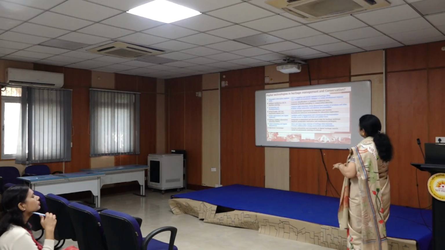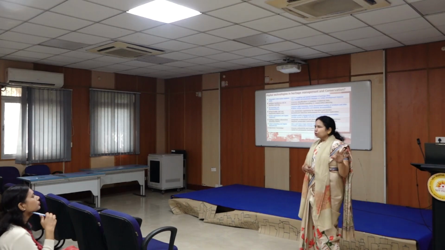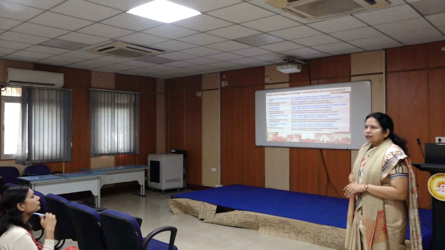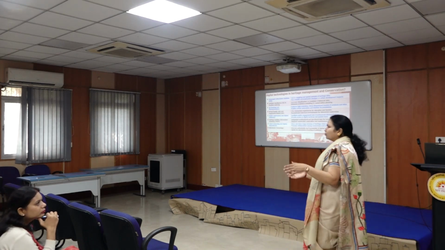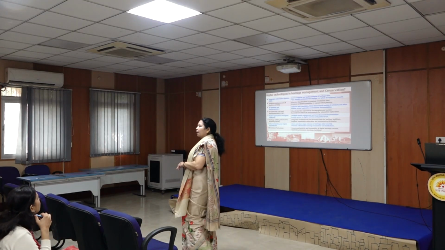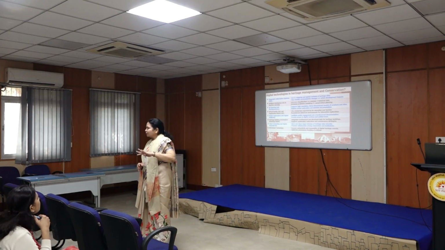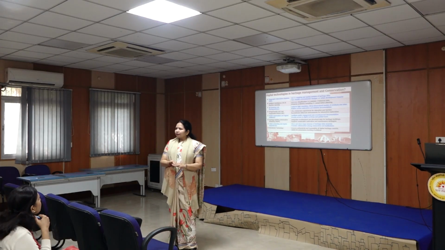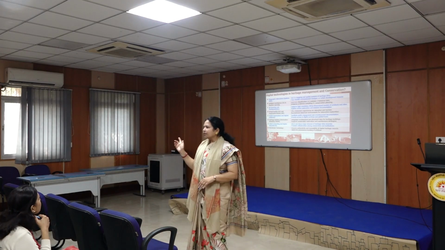So geographical information system has a huge role in conservation and preservation also. The most important thing is you have to have monuments to preserve and protect. So whatever is known, there are many things apart from what is already known. So how do you detect that? There GIS and remote sensing has a huge role.